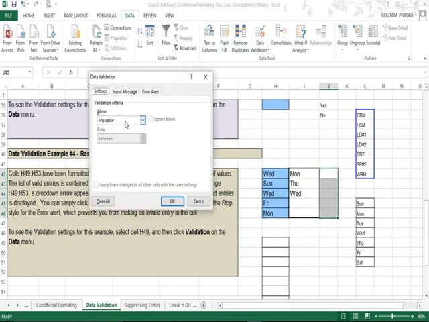I'm going to use the list once again, but this time I will not use this range. Rather I will use comma to list the everything. So I will write Sunday, comma, Monday, comma, Tuesday, comma, Wednesday,